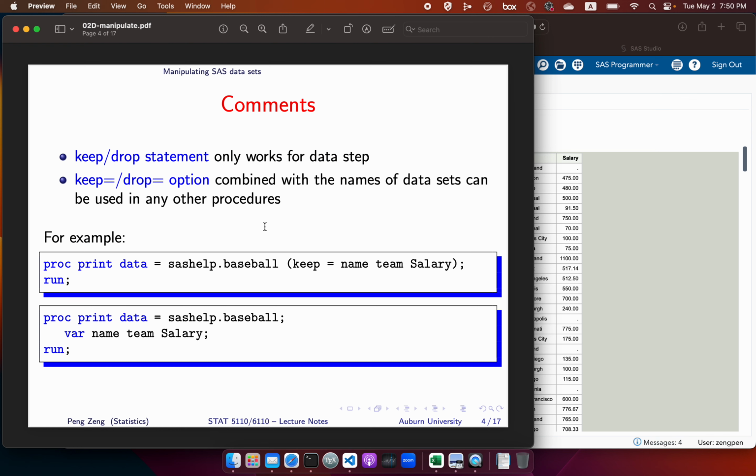Some comments. The keep or drop statement only works in a data step. If you want to use it in another procedure, you cannot use a keep or drop statement, but you can always use a keep or drop option. Just put that option in parentheses after the name of the dataset. For example, if you use proc print and you only want to display the observations for three variables,